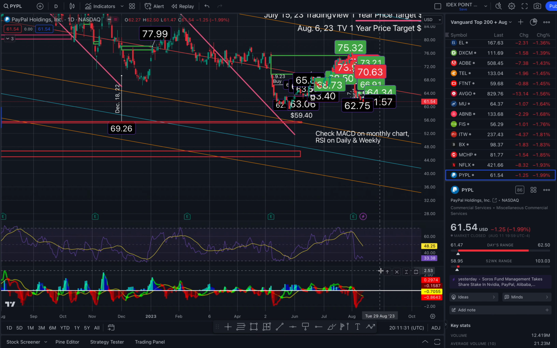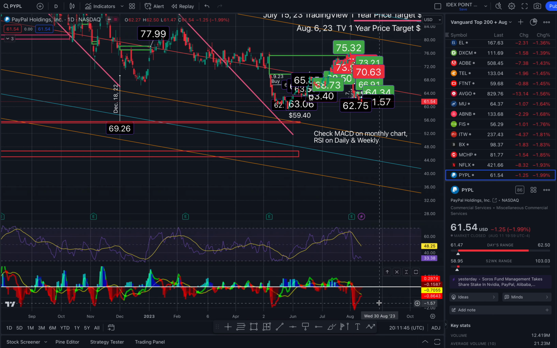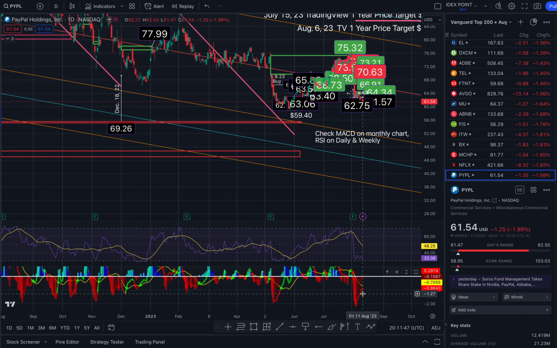The RSI is nearing a key area of 30 and below. It is not quite oversold yet, but very close. The MACD has not crossed over to the upside. It looks like it's still going down. If we see this go up and this go up, this will show that they are running in the same direction. So when that happens, I anticipate price to go up. If this is going down and this is also selling off, I anticipate price to also follow with it.